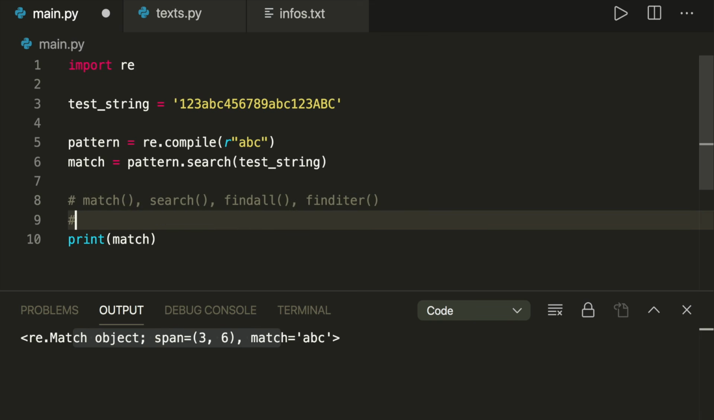And then we also have some functions that can be used to modify an object. So we also have split and sub. So I will come to them later. So now let's continue using the finditer method,